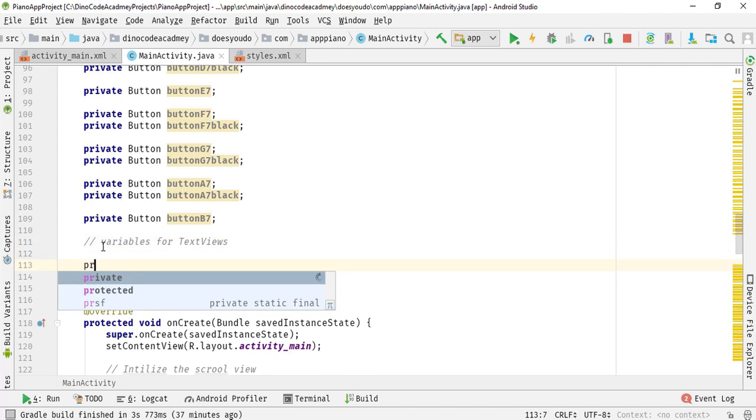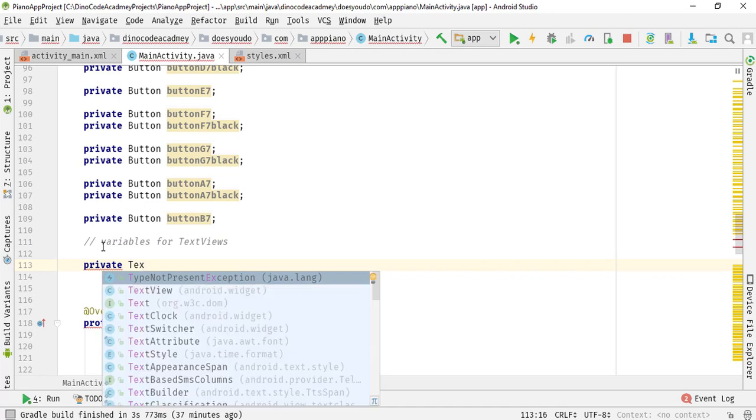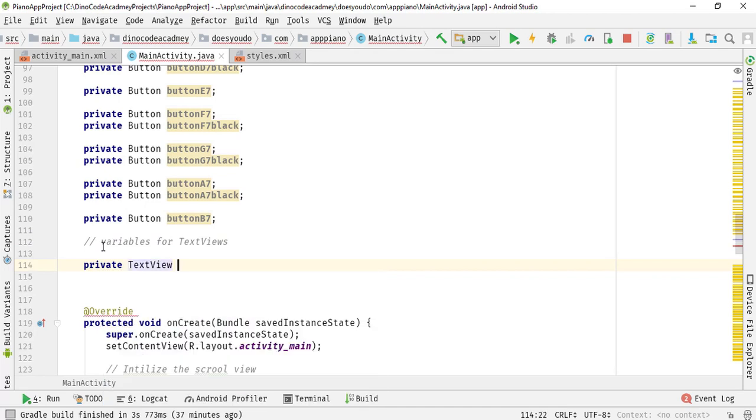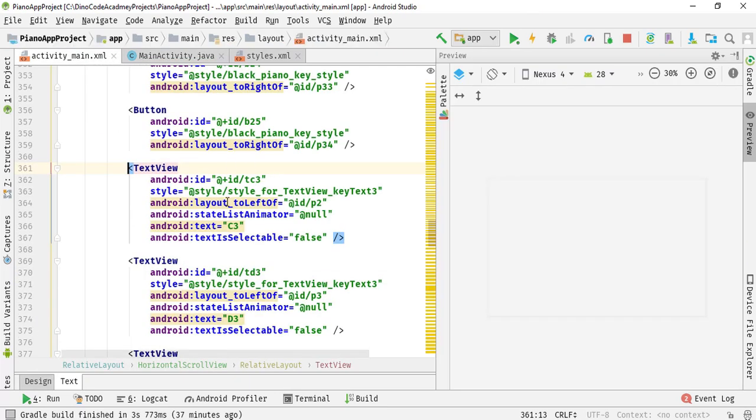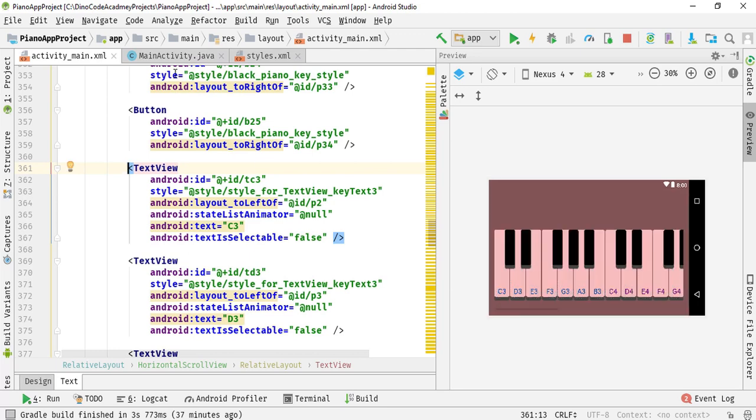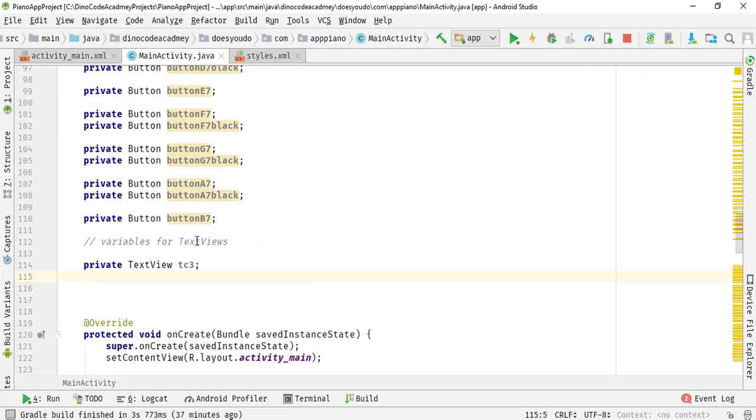And simply type private, second one is a text view, and TC3, which is the first variable on our keyboard, means our piano key, that is C3. Then the next one is our